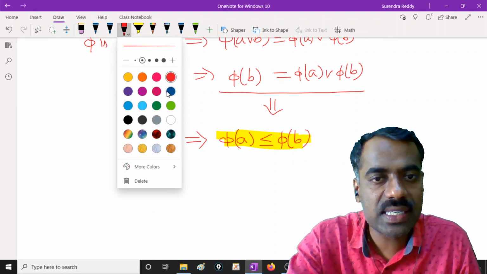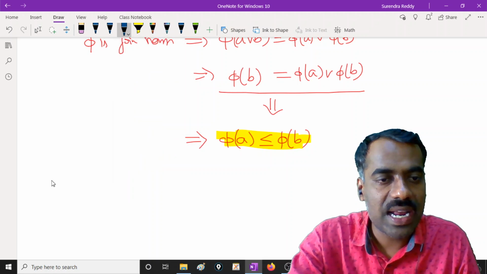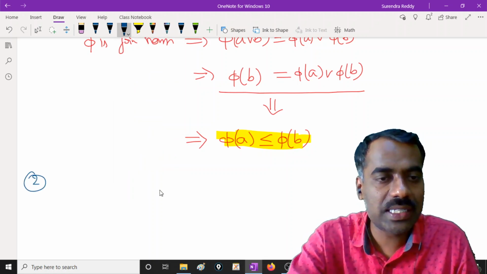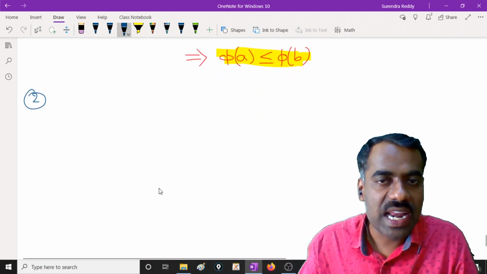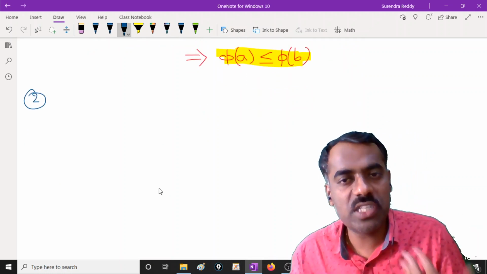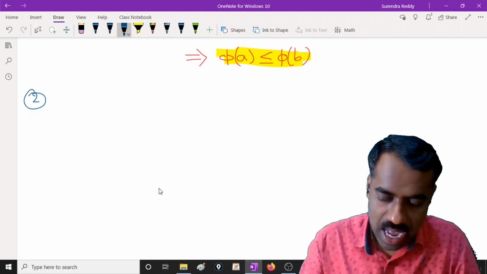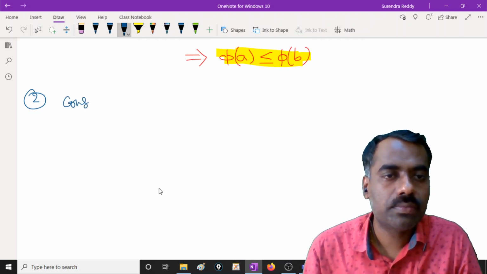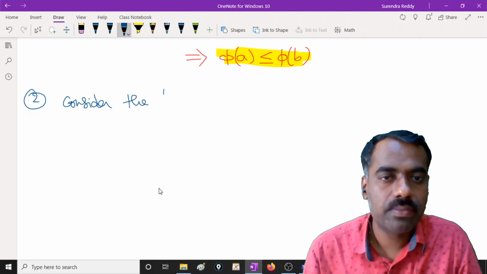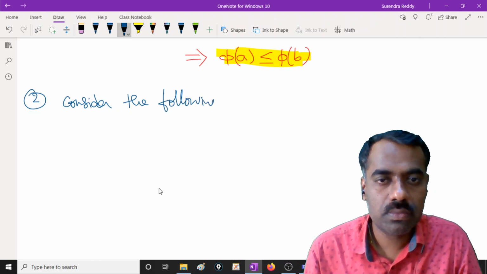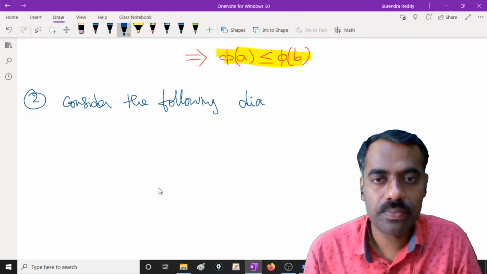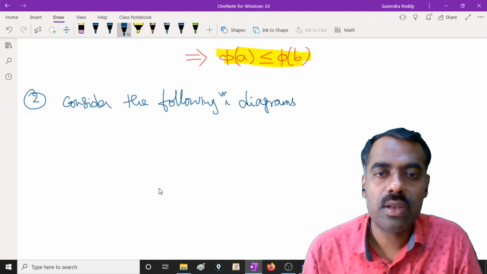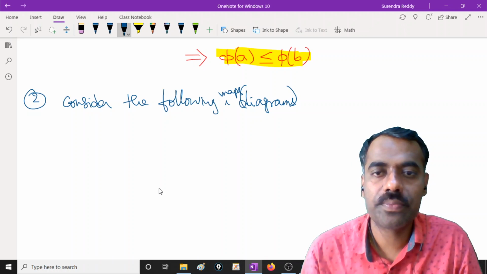Your second exercise: I'll try to draw some pictures. Note down those pictures and get the relation between a meet homomorphism, a join homomorphism, and both, which means a lattice homomorphism. So consider the following diagrams, or maps you can call them, shown as diagrams.